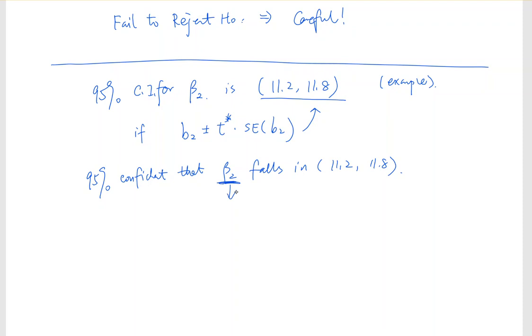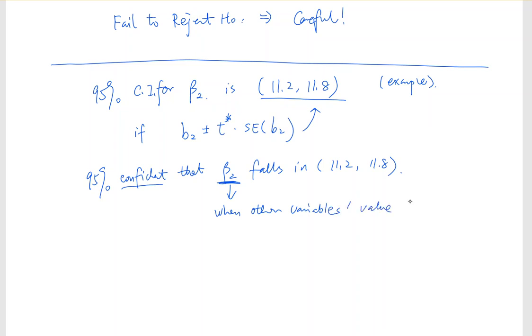So actually you need to combine the interpretation of the confidence interval and the interpretation of beta 2. Remember how you interpret beta 2 in the multiple regression. It means